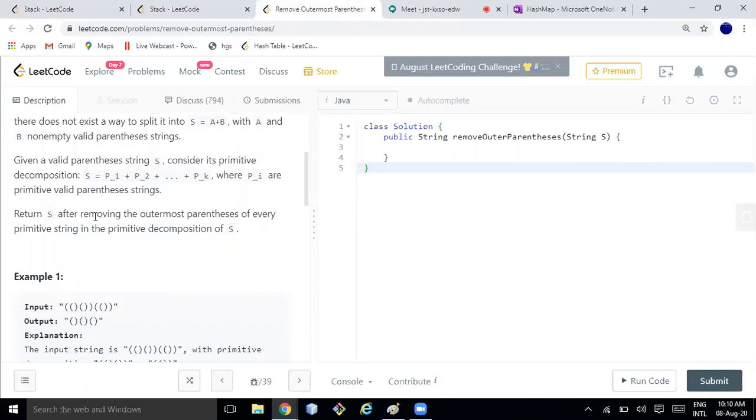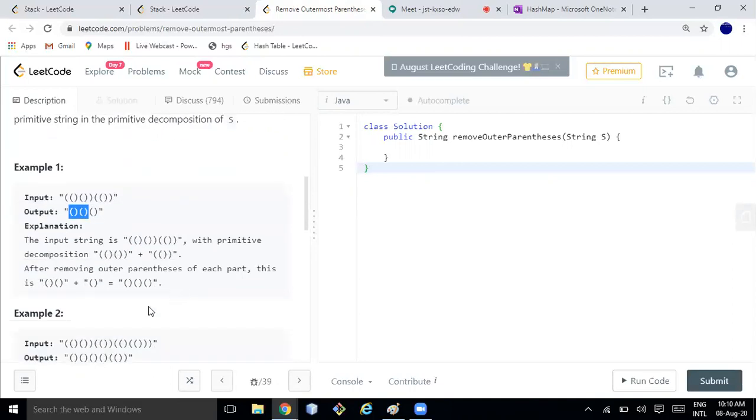Return S after removing the outermost parentheses of every primitive string. So if you see this input here, this is one primitive, this is another primitive. If you remove the outer part of this primitive, then two parentheses will be coming. So two pairs are coming, and from this one pair is coming. So this is the output.